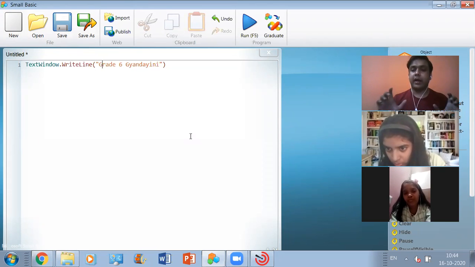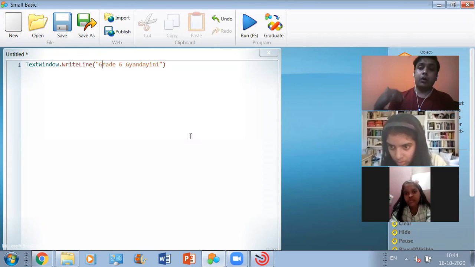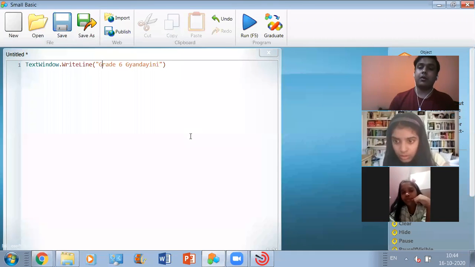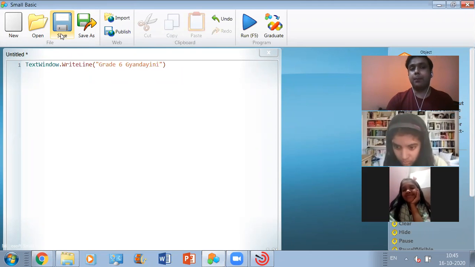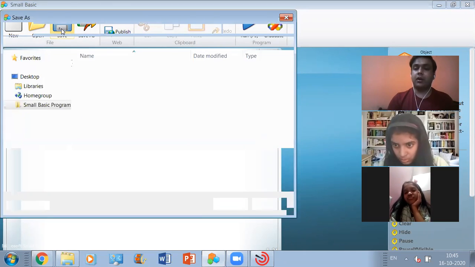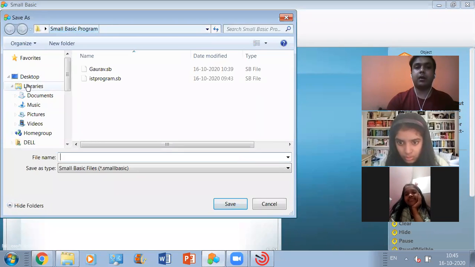Once you are done with writing the required code of your program, if you want to save the program on your computer, how can you do that? For that, you can make use of this Save option. There is a tool with the name Save present in this toolbar panel. You just have to click on this Save button, and automatically you are going to come across